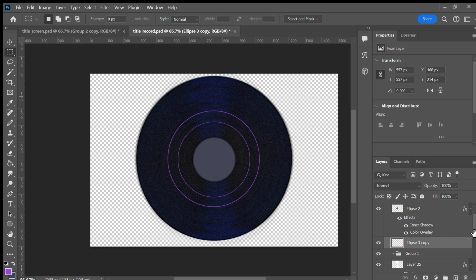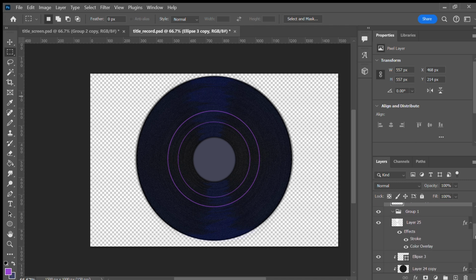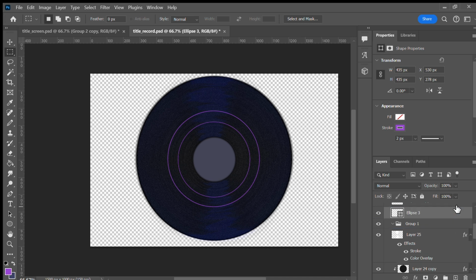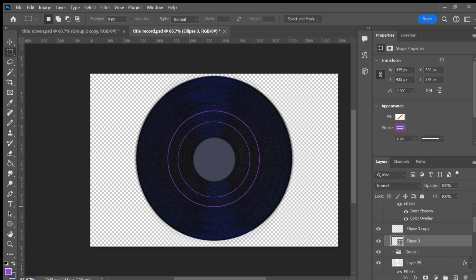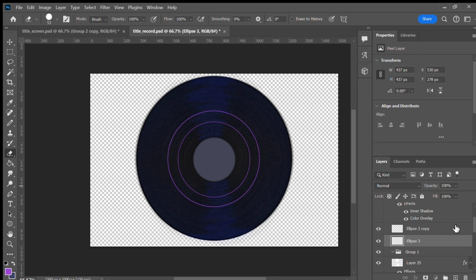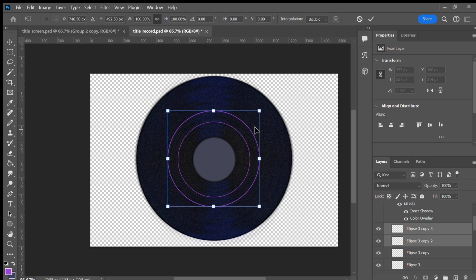And now, actually, let me grab the other one too. Are you sure? Yes. Grab the two, duplicate these layers, say yes, I want them on the same screen, and then